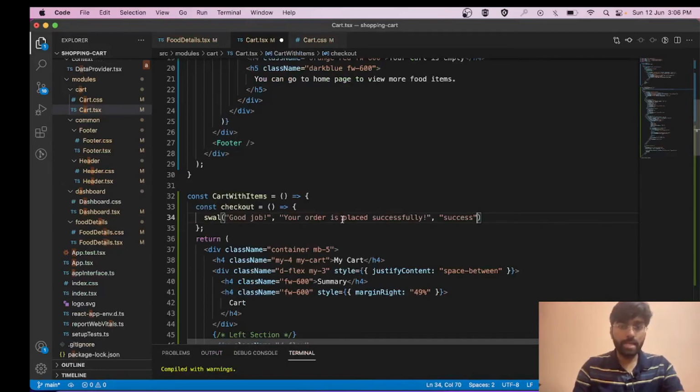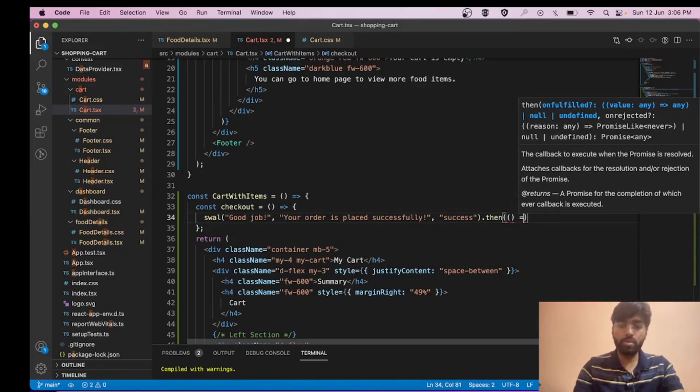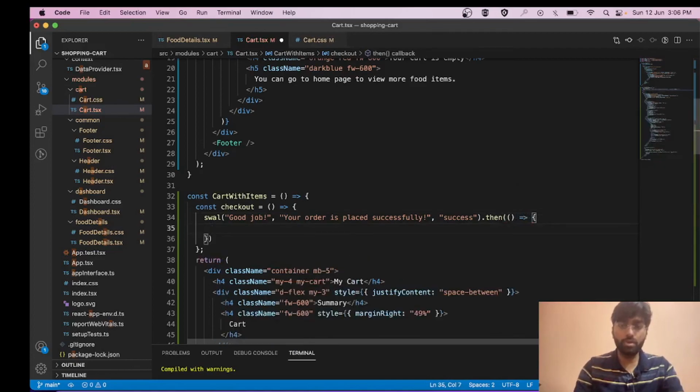It simply takes the text. So we have provided the text like good job, your order is placed successfully, and it is a success pop-up. It basically gives us the option to show a success pop-up or error pop-up like this. Then once we get the success response, we can also pass the callback in here for what we need to do once the user has clicked on the success button.